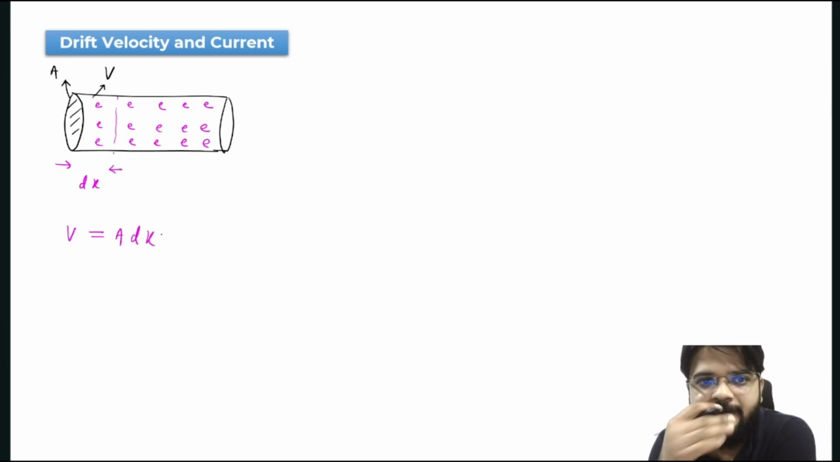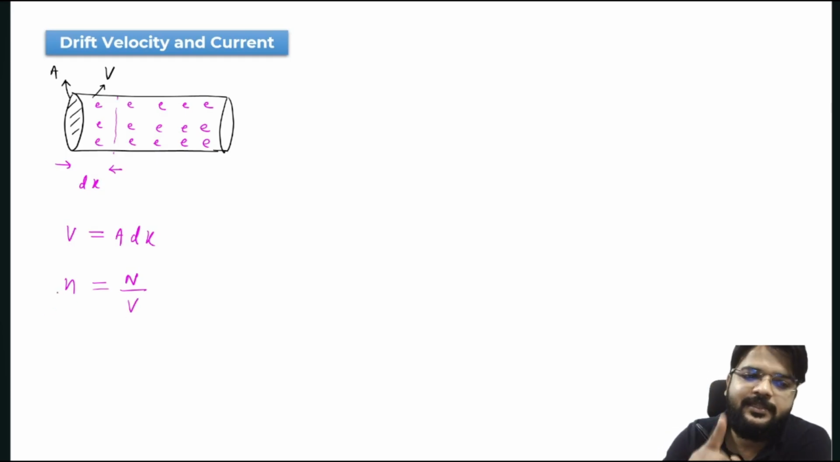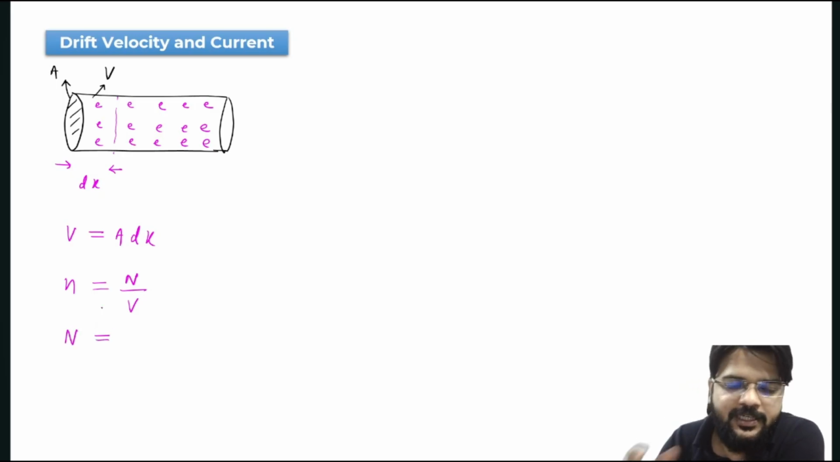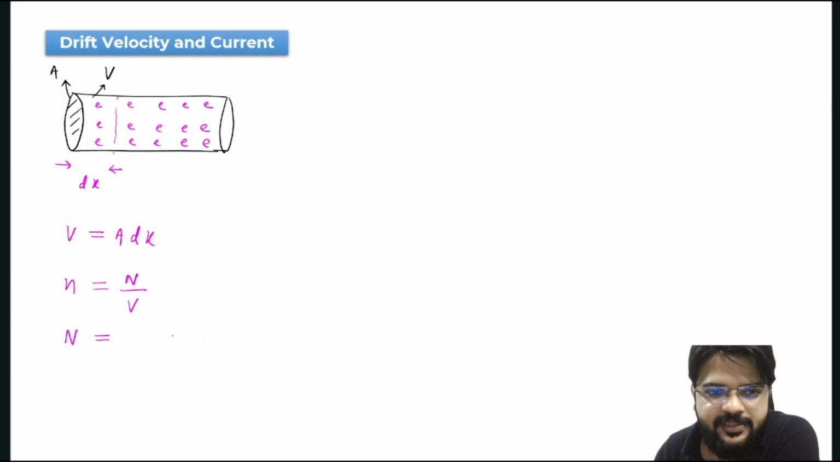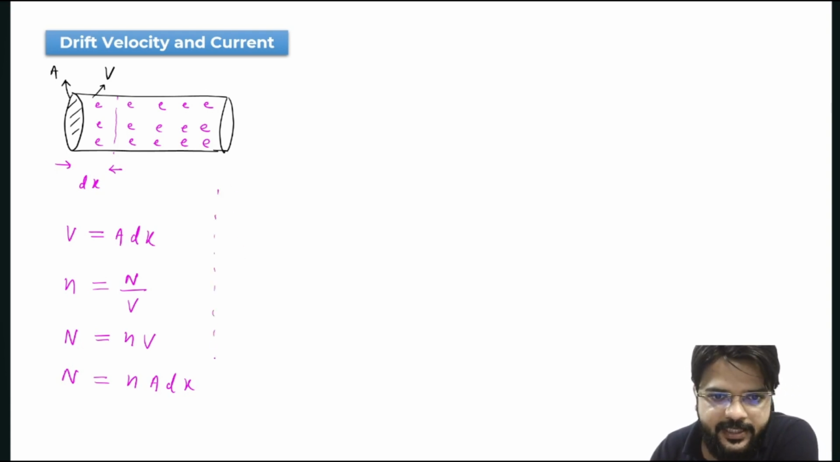Correct, everyone? So the volume of this drift region is what? It is A dx. All right. Now we know one thing, charge density can be written as number of charges per unit volume. So small n is representing charge density. So here the number of charges present in this drift region can be written as n into V, and V we already have, it is A dx. Correct? So the number of charges present in this region is nA dx,